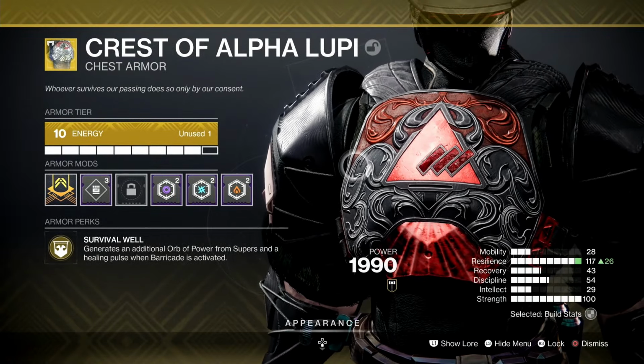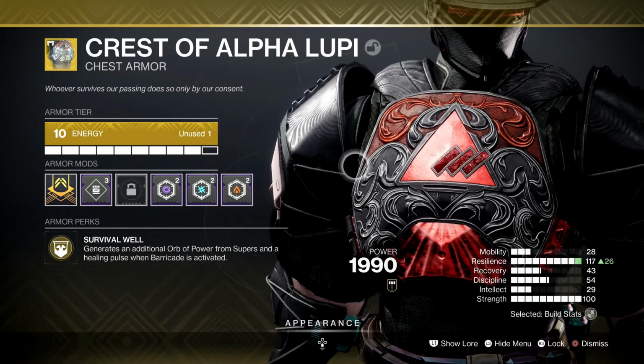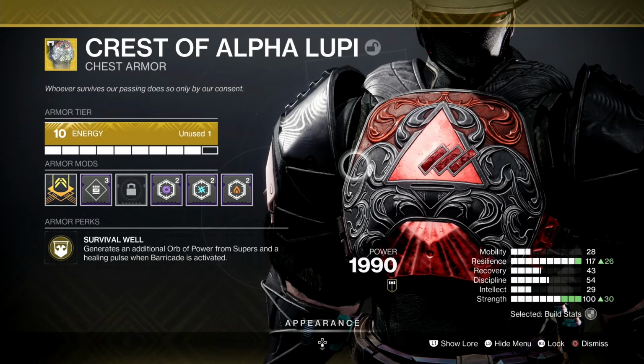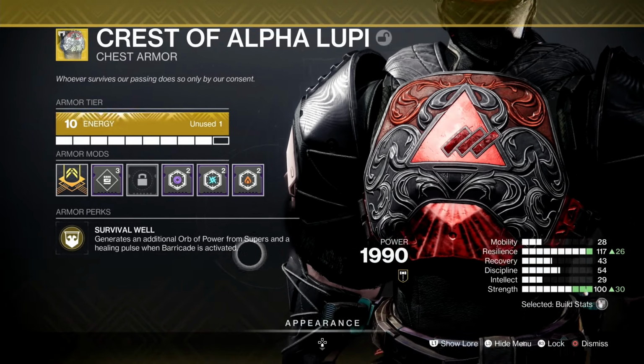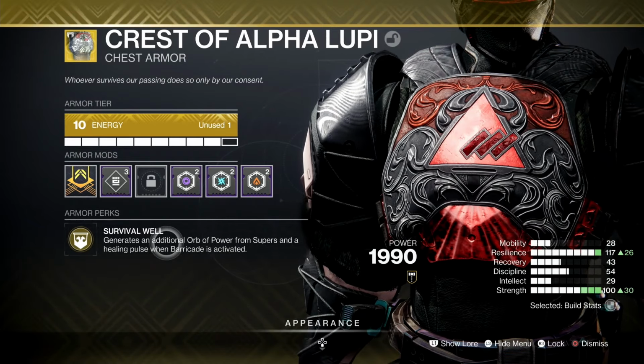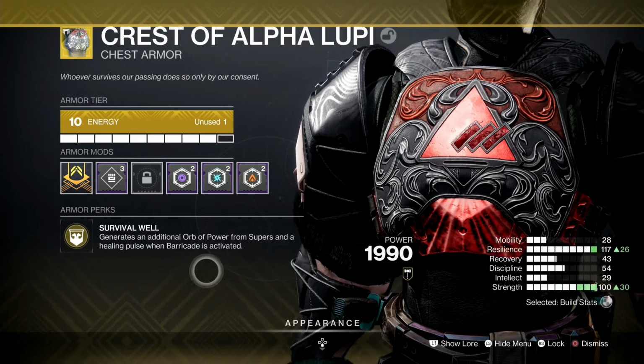So, you get healing from class abilities, and now that it works with Thruster, it's basically Wormhusk Crown, except it's actually better than Wormhusk Crown, because it gives more health, and it also generates an orb. But this thing is clearly a relic of the past, because it's just a one-time healing pulse and one additional orb